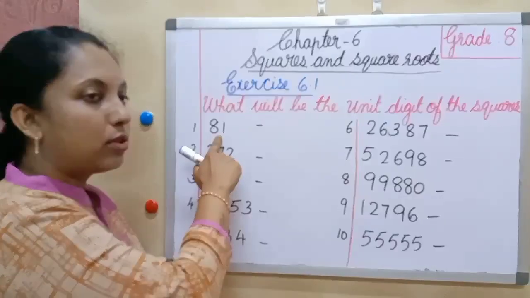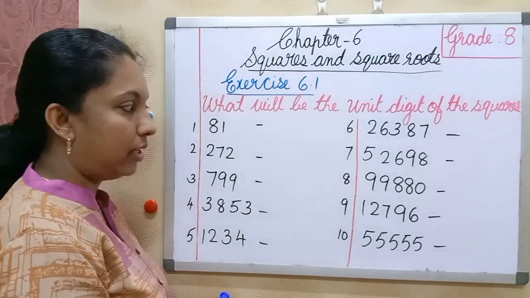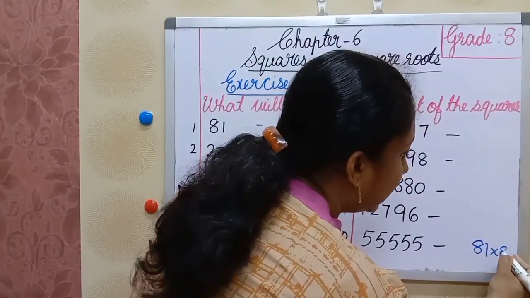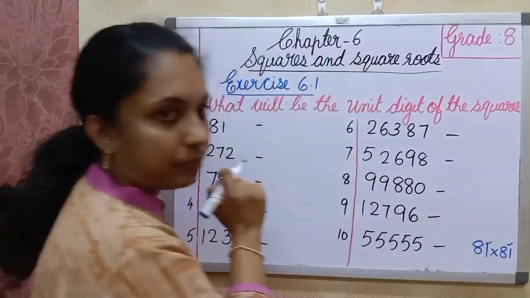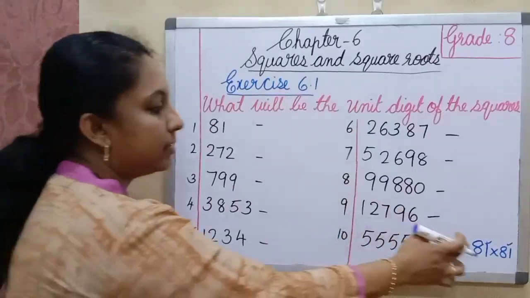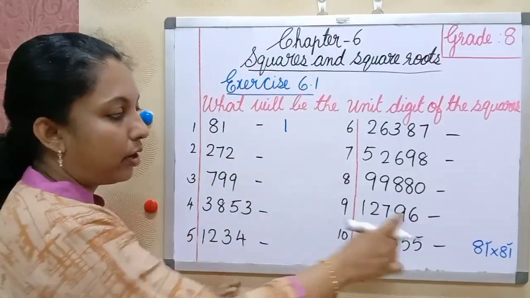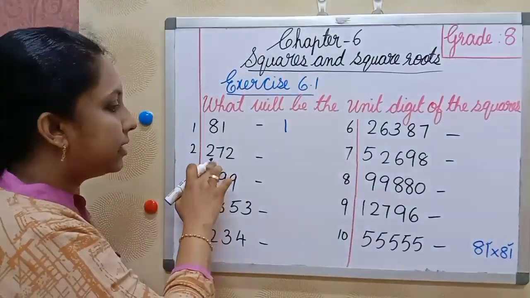The square of 81 means 81 into 81. What is the unit place? Unit place is 1. It is 1 into 1. Obviously, the unit place digit is 1 only. The square of 81 has unit place 1. Same way, next is